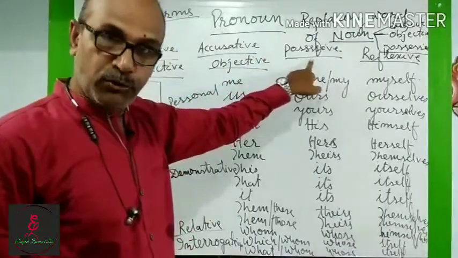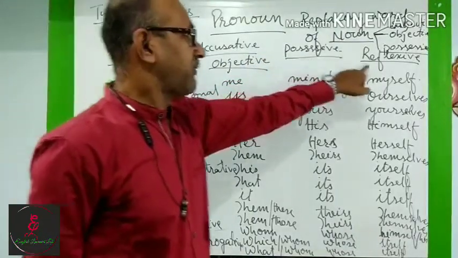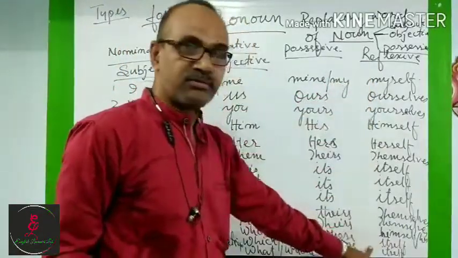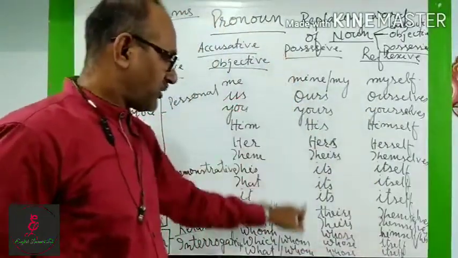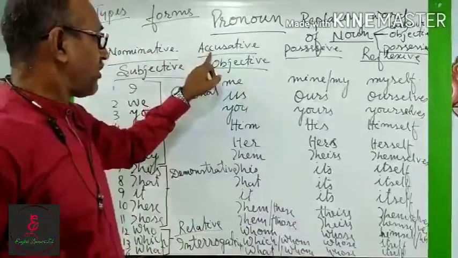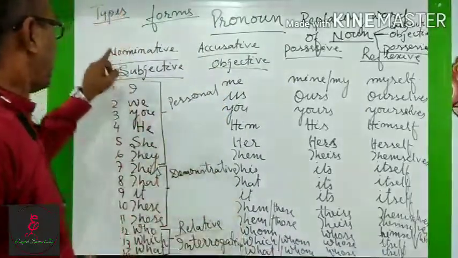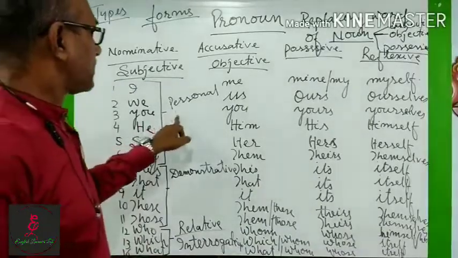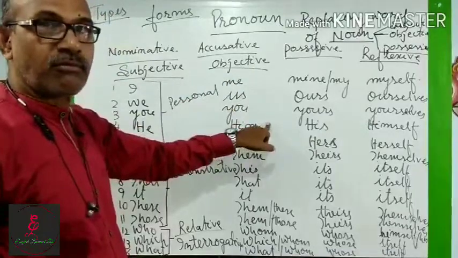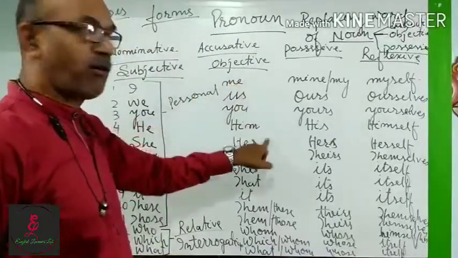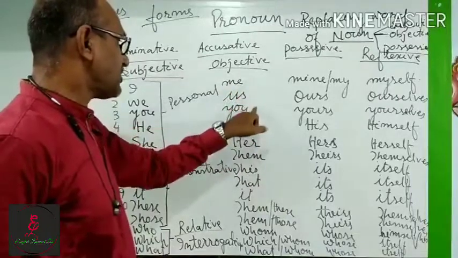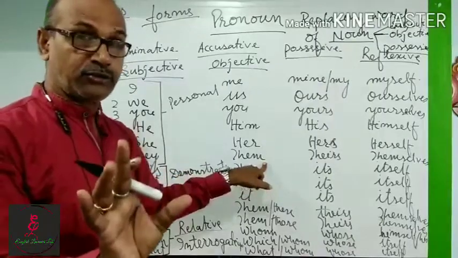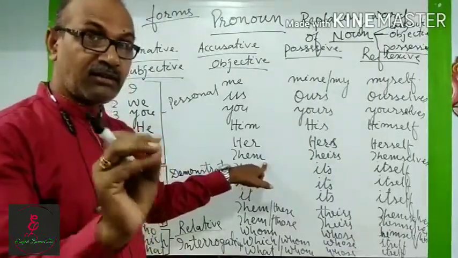Sixth one is possessive pronoun. And seventh one is reflexive pronoun. Under reflexive pronoun, all these come. Under possessive, all these are. Under objective pronoun, all these are. And under subjective, all these are. But one thing you will see, personal objective pronoun. They are me, us, you, him, her or them. Understood? Don't get confused. Just try to understand the secret